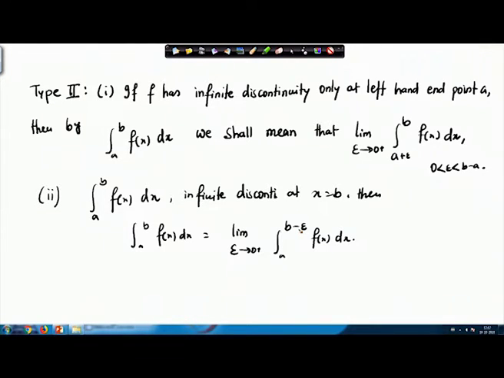So what we are doing is we just get rid of that point in a way that we subtract a small epsilon from b, and that will give us the integral up to b minus epsilon, and evaluating this limit will give us the value of the integral a to b. And